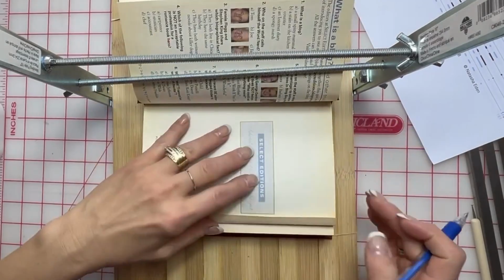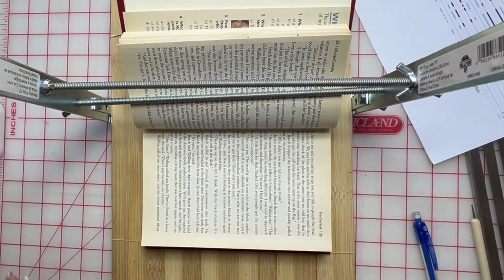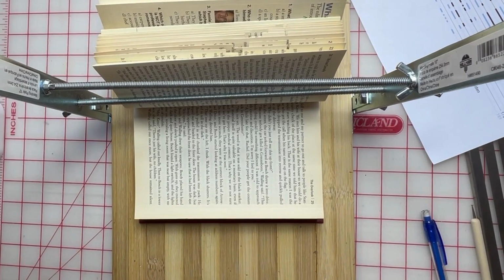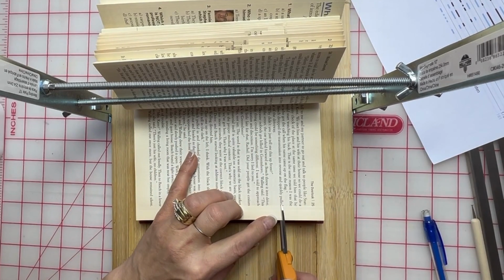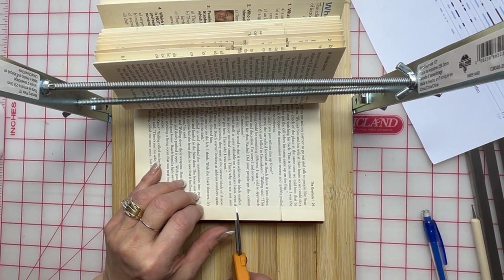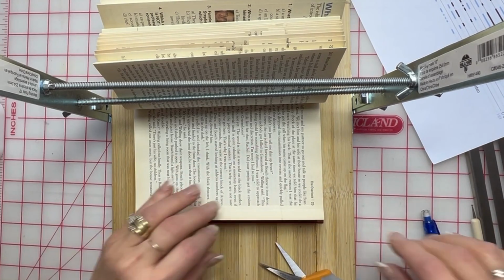Okay, so when I am done marking here, we will just cut the page, and I cut the page to the second crease. Okay, 1, 2, 1 and 2, and now you have